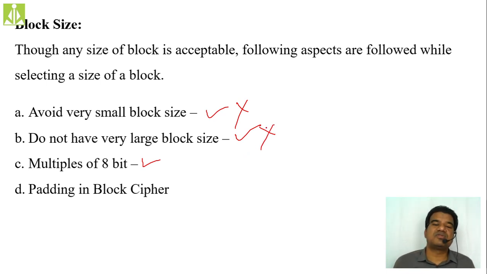And always try to select the block size in multiples of 8 only, because your computer processing is entirely dependent on bits and bytes, and every byte is equivalent to 8 bits. So the basic level, the basic aggregation, is 8 bits, isn't it? 8 bits. So everything is on bits. Whatever processing we do is on bits. So we have to take our block size in multiples of 8 only.